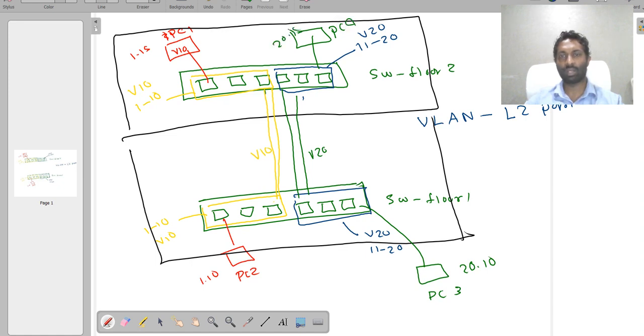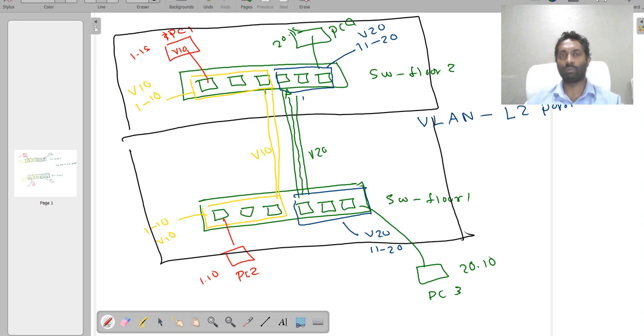So any traffic generated with the VLAN 20 related port can travel to the next switch using the VLAN 20 tunnel, then for VLAN 10 there is a separate tunnel. This will work, right? So this way we can interconnect VLAN 10 with 10, 20 with 20